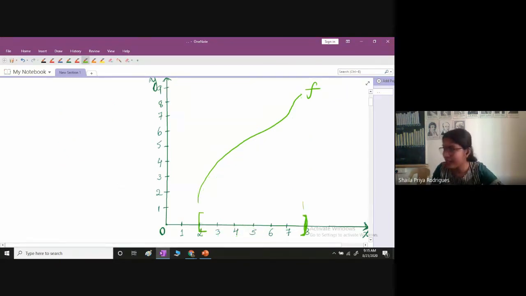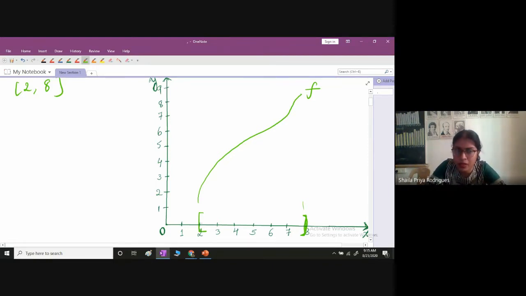Do you remember those vertical rectangles? You found out the area of those rectangles, you added them up, and that gave you the total area under the curve, approximating using rectangles. So to get those rectangles, firstly, this closed interval 2, 8 that I have, I'll split into subintervals.